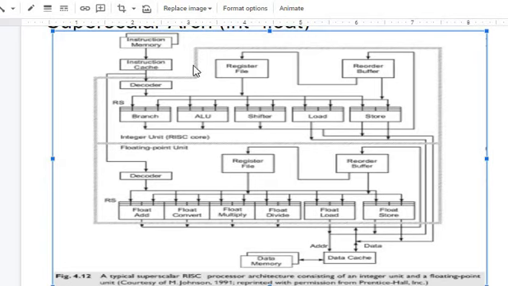So the cache will identify whether it is an integer type or a floating type. If it is an integer type, it will give it to the first block, where the cursor is moving, the integer unit for RISC. If the instruction is float, it will forward it to the second block, on the lower side. So assume it is an integer type. Once it is decided that it is integer type, the instruction will be decoded as integer type.